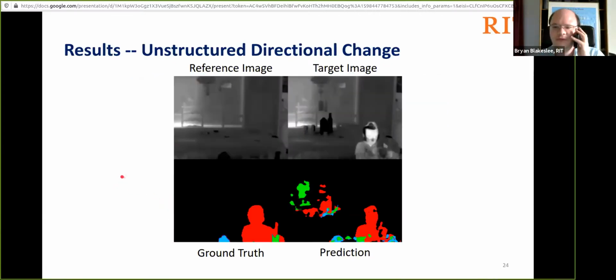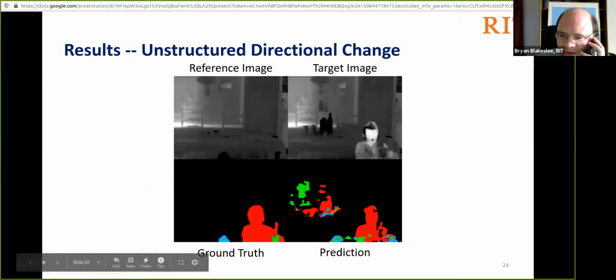So then here we have some examples of more unstructured detection.